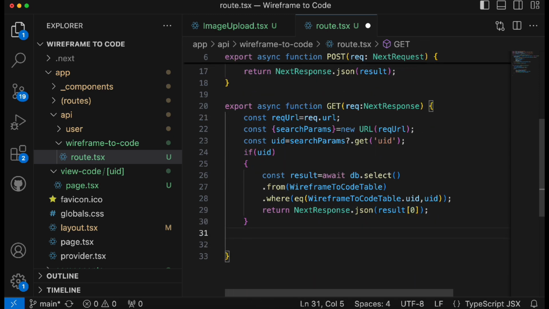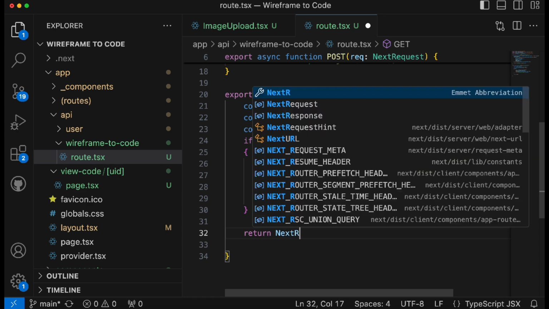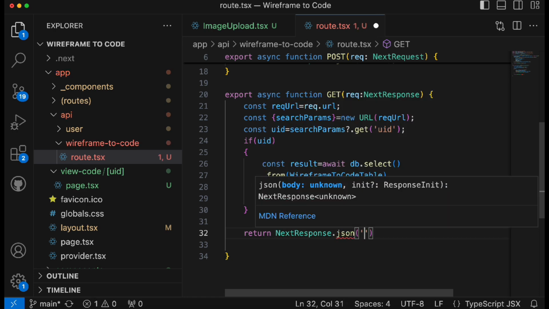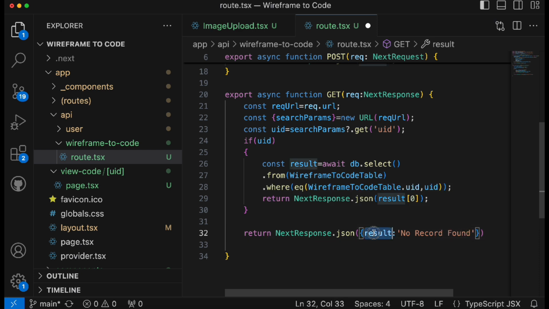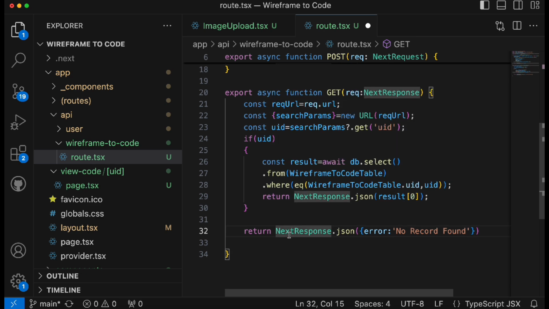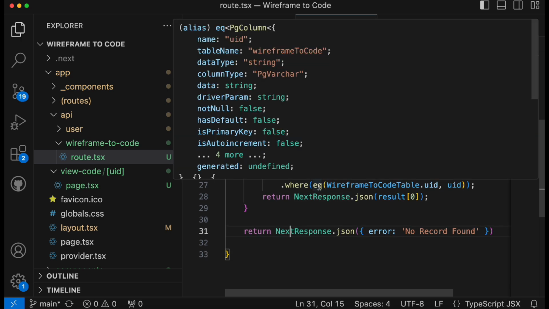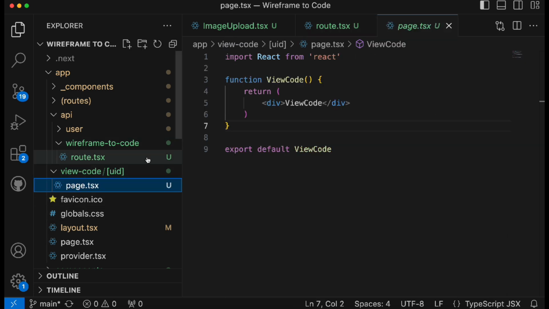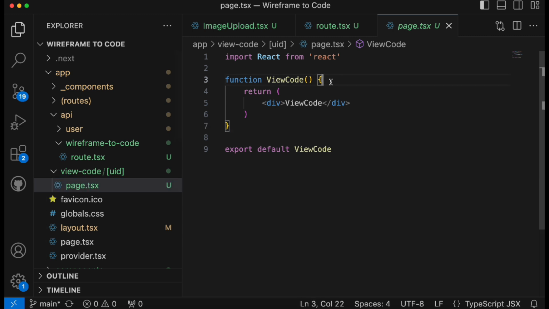Otherwise we'll simply return NextResponse.json, and here I'm going to add a result as no record found. Okay, or we can simply say error as no record found, and then save it. Now once this particular get request is ready, now inside this view page.tsx file, here we need to create one method called